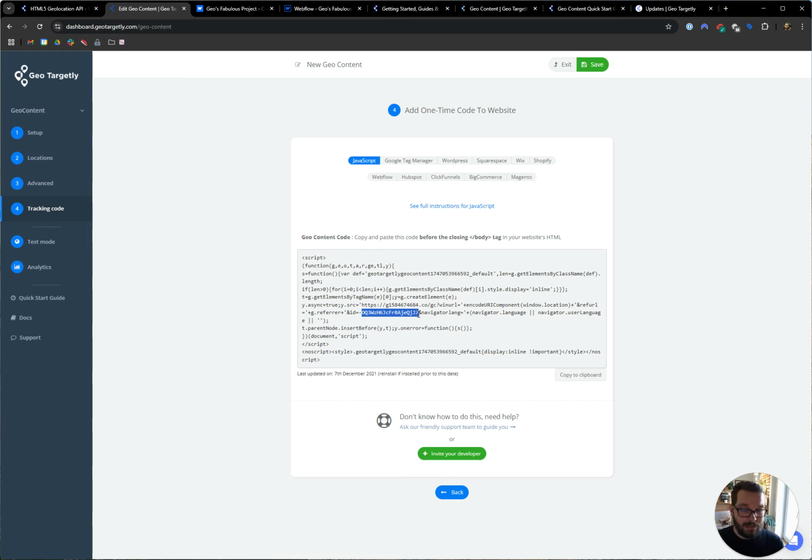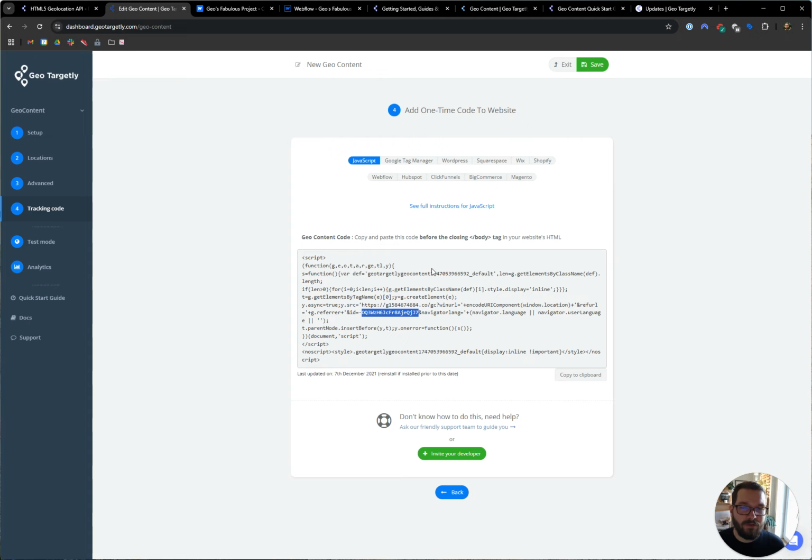So if you have more than one setup running on a page, so let's say one is triggering redirections with our GeoRedirect feature and another is triggering GeoContent content changes, you can pinpoint which one is being triggered on that page. Perfect. That's pretty much all when it comes to how it works, how to set it up,